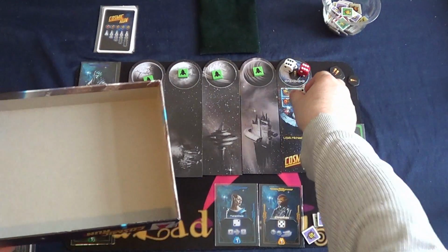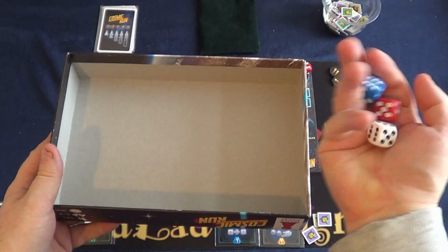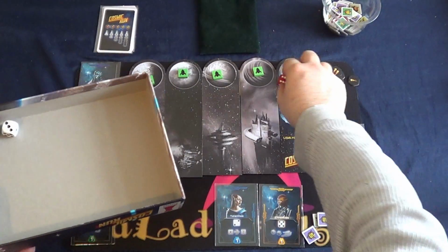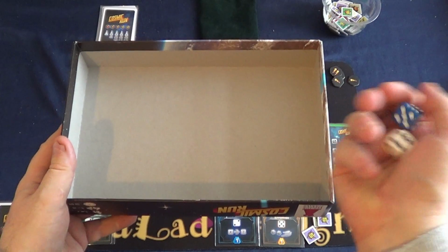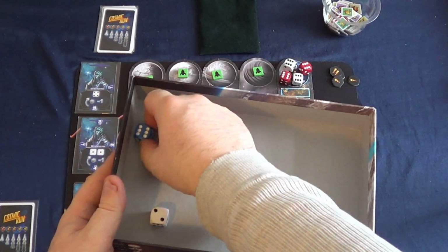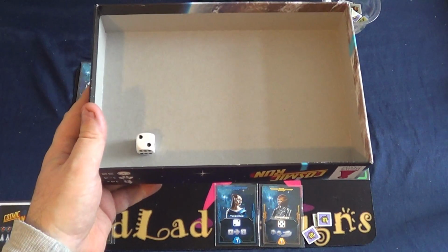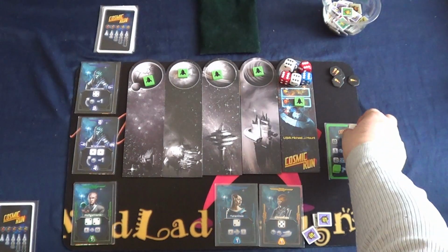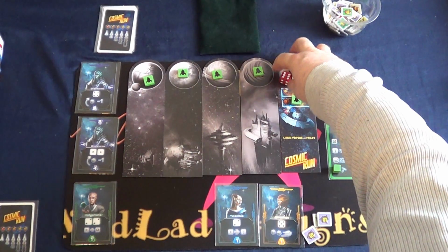We do have another 6. Oh, we do have another 6. Oh, and we do have another 6. Wow, that was unbelievably lucky. And of course this goes, I'll put this on our technology chart. Wow. Okay, 5 of a kind